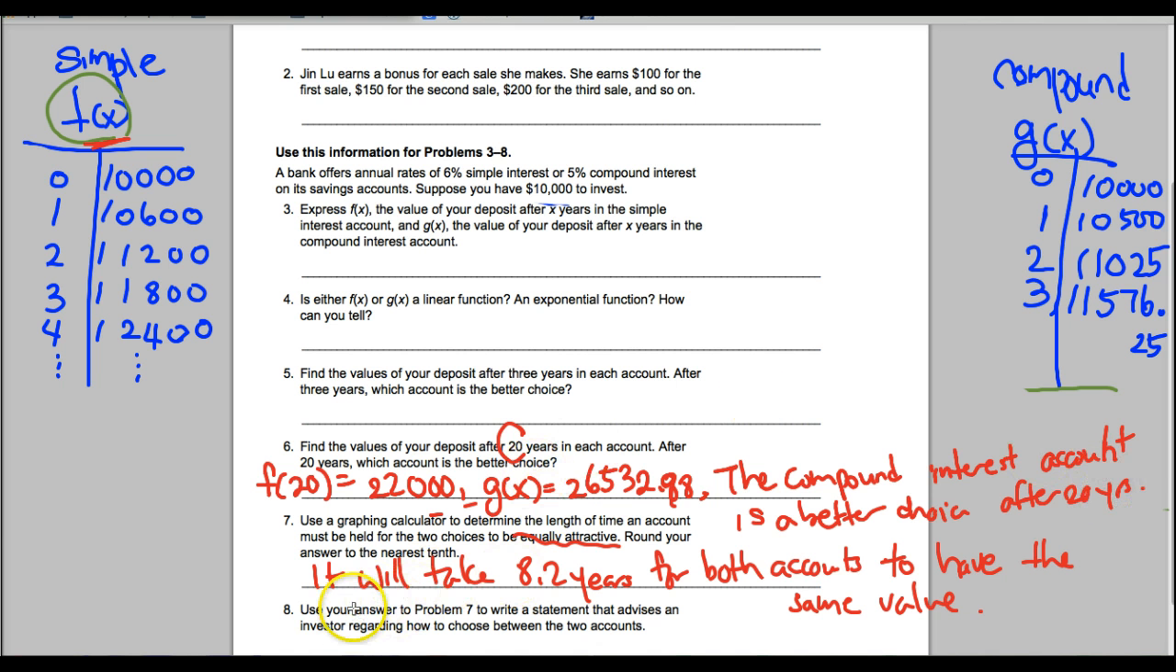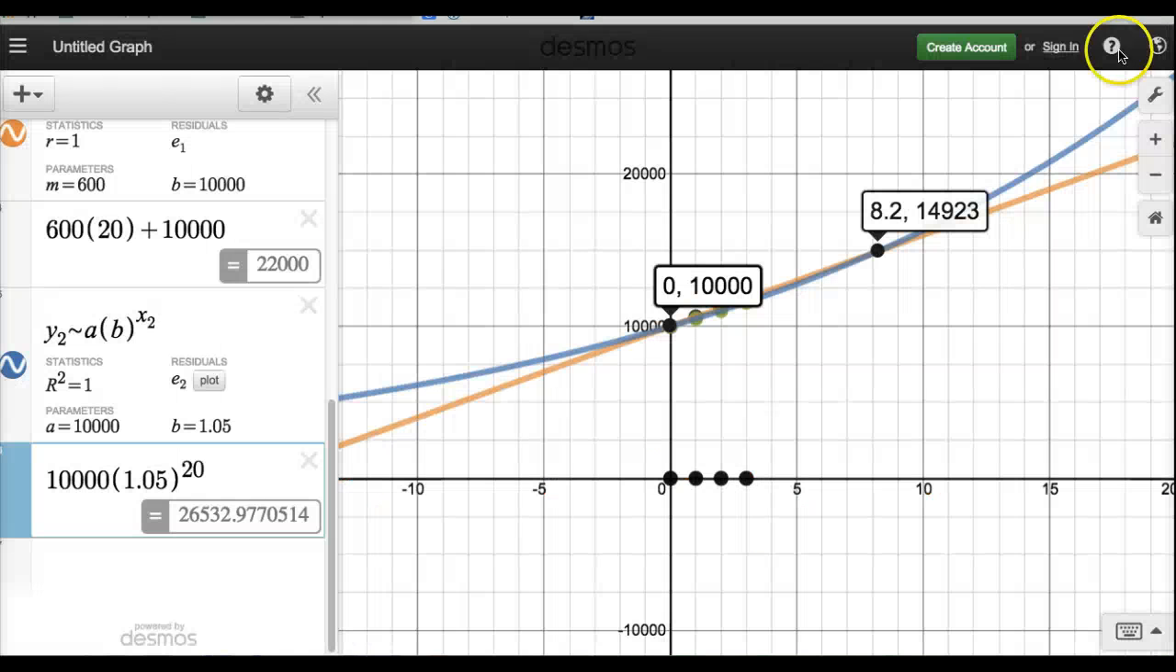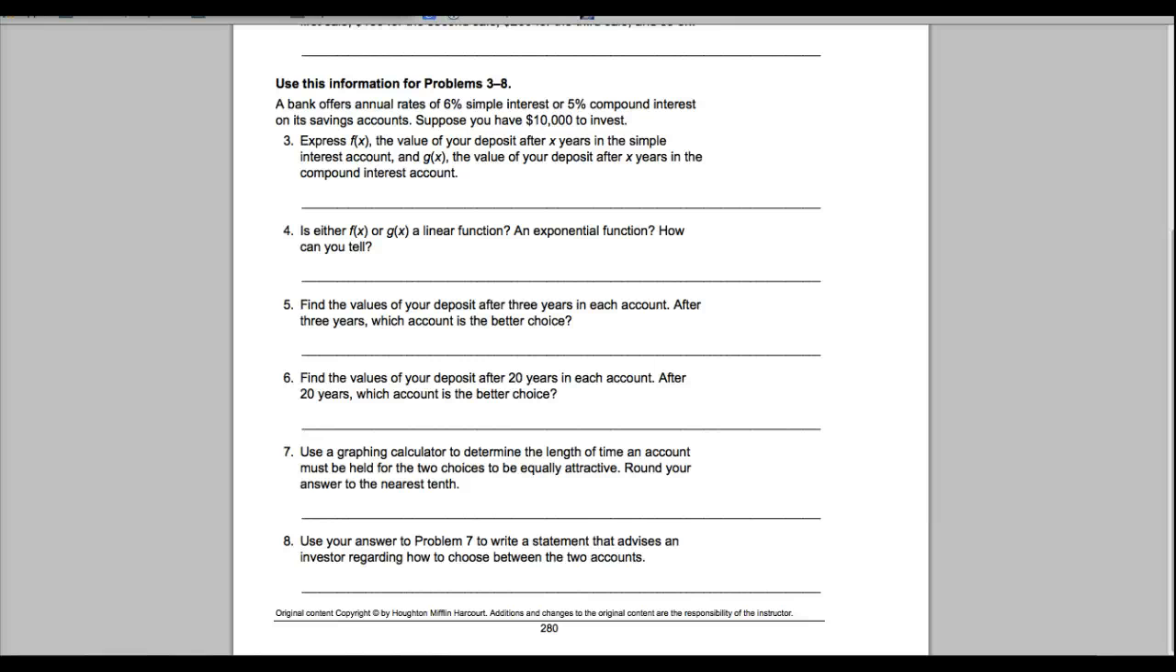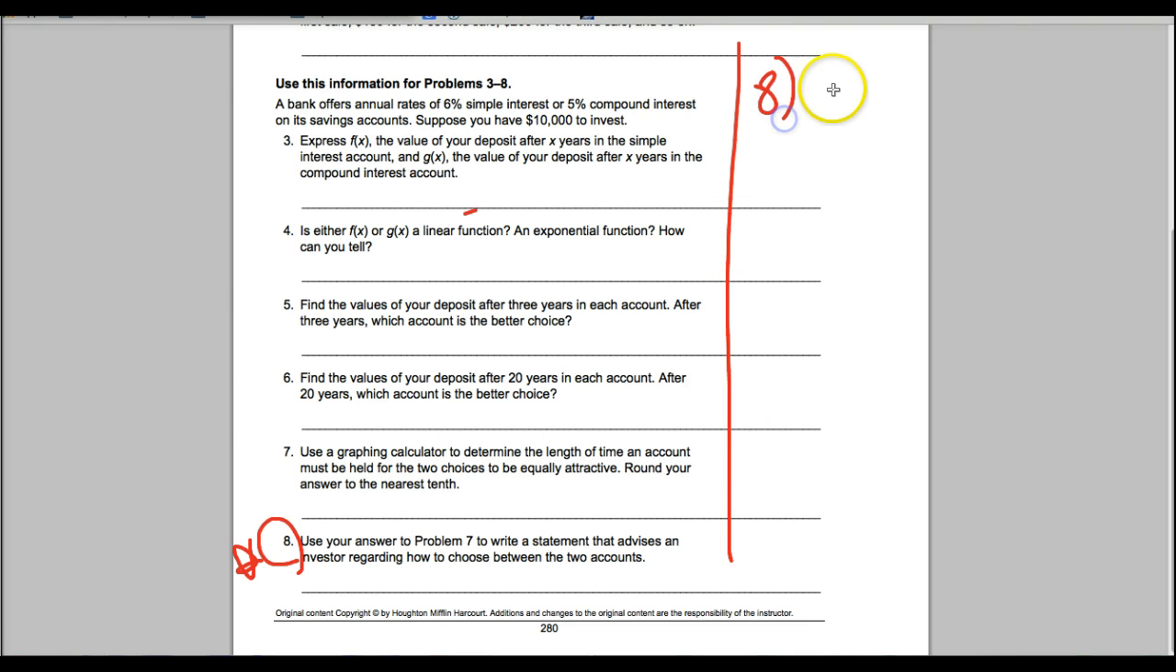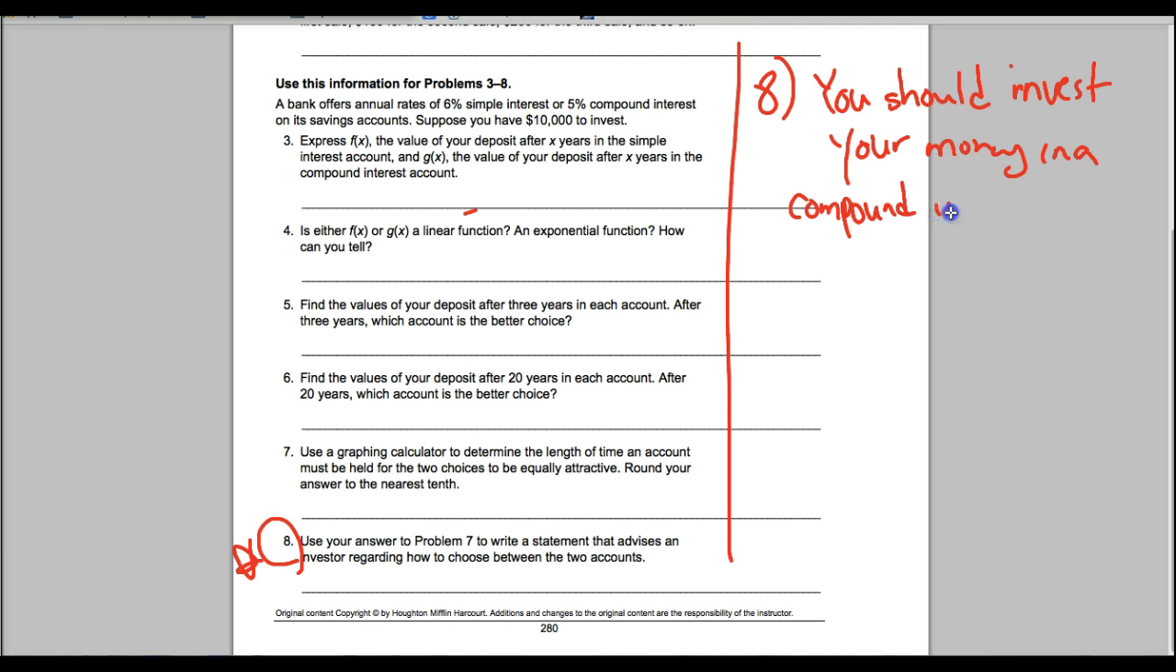And then now let's go ahead and answer our final question, number 8. Okay, so to answer number 8 is very simple. It says use your answer to problem 7 to write a statement that advises your investor. So this is the most important answer that you have to give me. Okay, so let me just write down over here, number 8. You should invest your money in a compound interest account